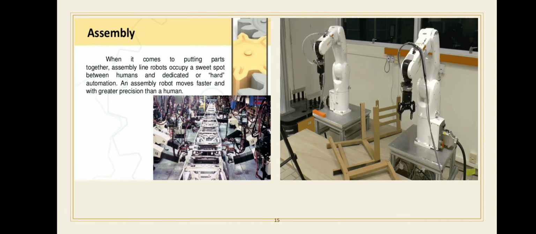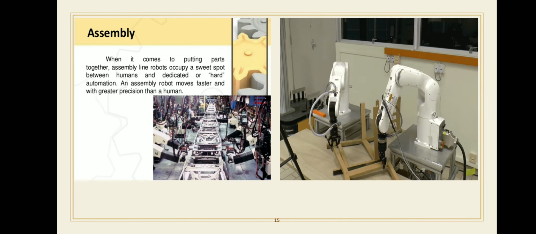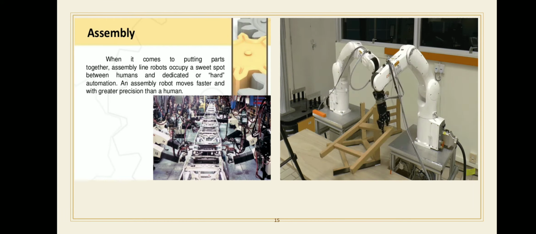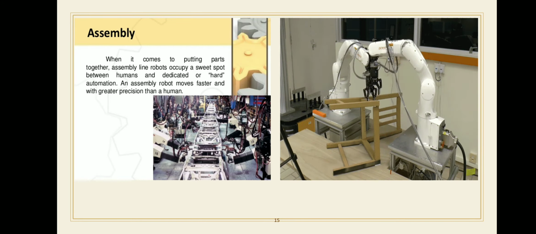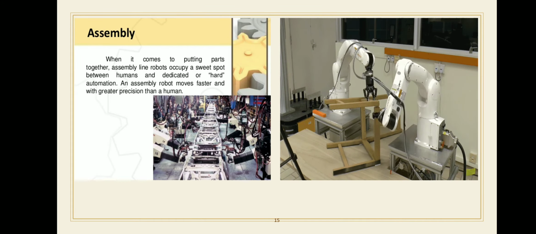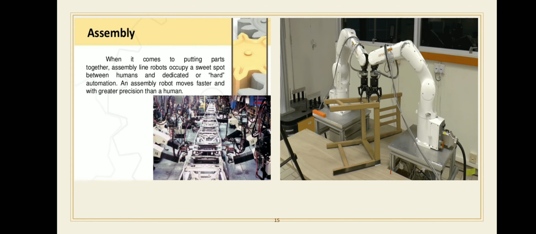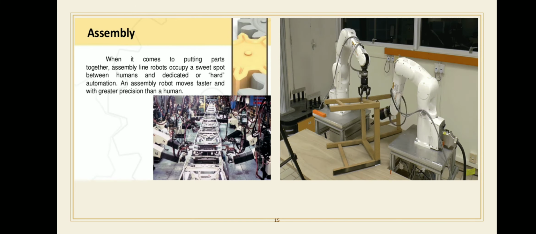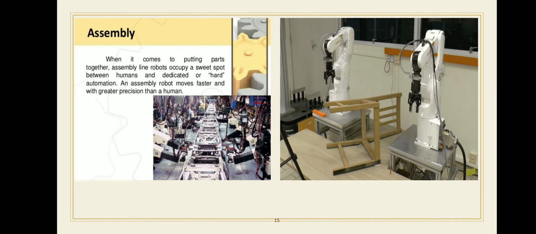Assembly operation can be divided into two types: part mating and part joining. In part mating, two or more parts are brought together into contact with each other. In part joining, two or more parts are mated and then additional steps are taken to ensure that the parts will maintain their relationship with each other. So these are the two methods used in operation. First is the part mating method.